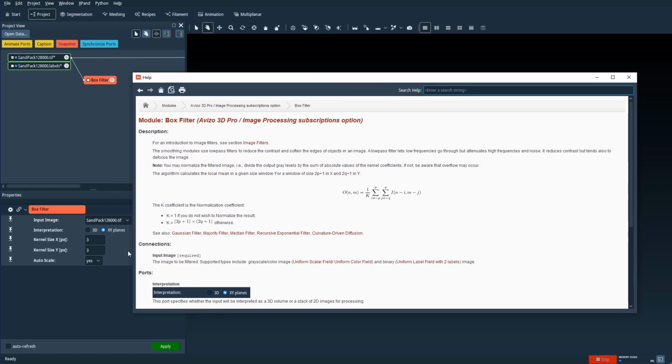And the neighborhood size can be specified here with the kernel size along X and along Y. And the auto scale here just specifies what value gets assigned to K here. So usually you would want to specify this to yes, so that the box filter actually results in averaging. Because if you set this to no, then the box filter will be equivalent to just summing up the pixel values. Okay,